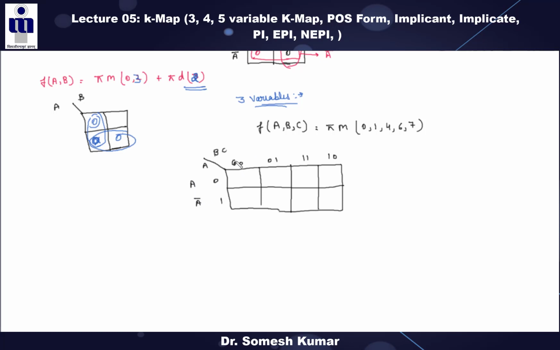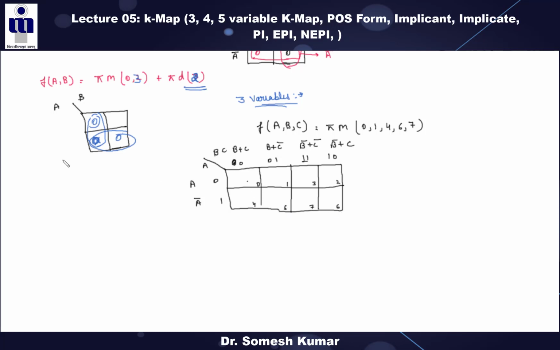What is this 0, 0? What do these cells represent in the POS form? B plus C, right? This is POS form, right? And here this 0, 1 is B plus C bar. What is this? B bar, right? This is B bar plus C, right? Clear? Now this is 0 cell, 0th, first, second, third. Numbering is the same: 4, 5, 6, 7, right?